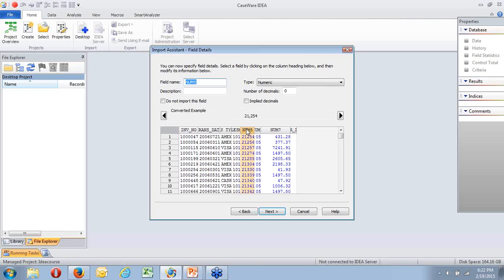The next one we knew was our customer number. And again, I can call it whatever I like. It says it's numeric. It is numeric, so again we can leave that. The next two digits is our product code.